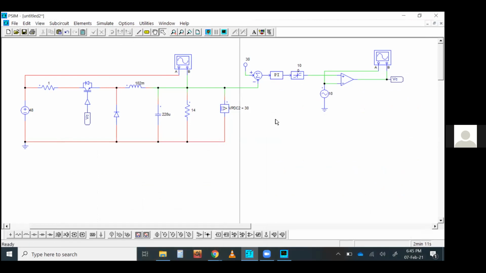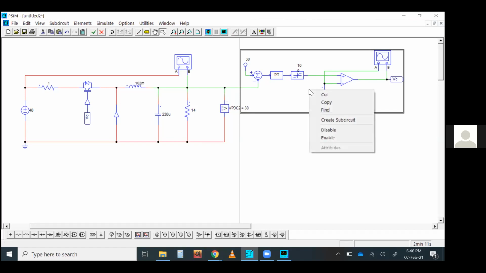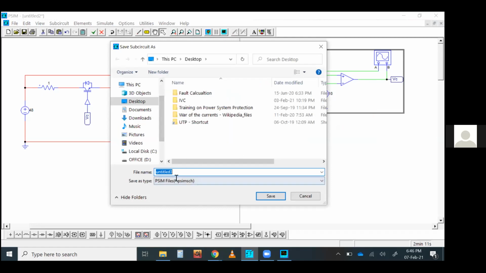Now, another thing you can do, say for example, you have built a large circuit and it's become quite clumsy and very complex. So you need to find more space. What you can do is very simple. You can simply select this portion. Say for example, I want to make this circuit a simple block. I don't want to demonstrate the whole circuit here. You select the circuit, click the right button, create sub-circuit, create a name.